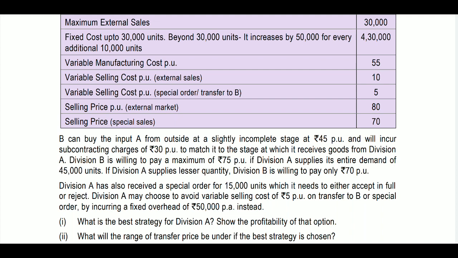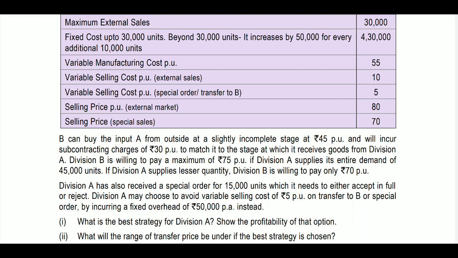So if he transfers, then the marginal contribution will change. If you transfer 45 units, then the sale value will be 75 rupees and manufacturing expenses will be 50 rupees. Selling and distribution, we cannot take, because it is 45,000 units, so the contribution will become 70 rupees. And whenever you are selling less than 45, for example, if you are selling less than 30, it is